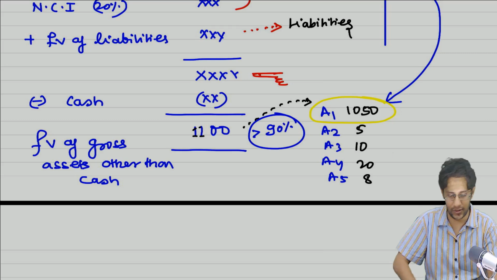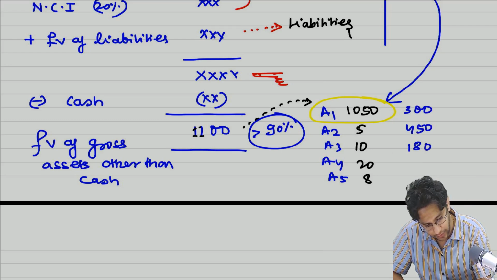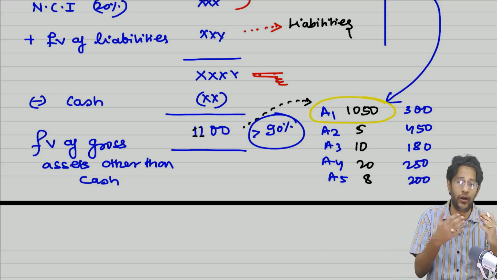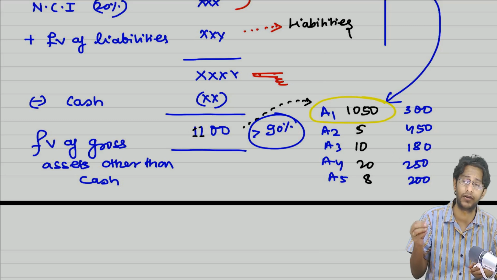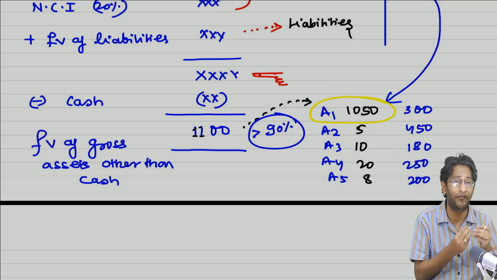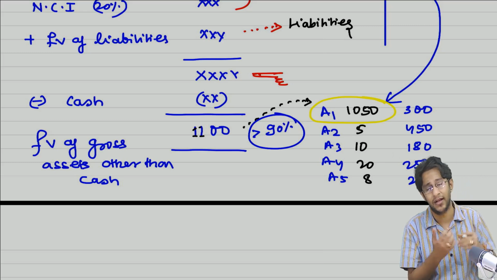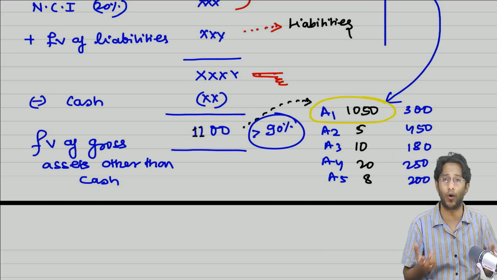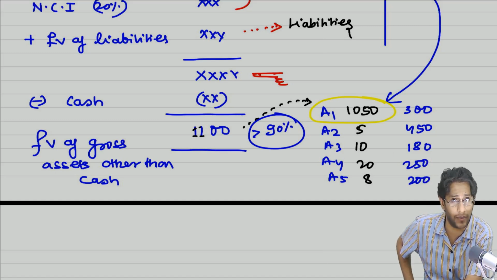Suppose instead of the numbers being like this, the numbers are like this: 300, 450, 180, 250, 200, something like this. If A1, A2, A3, A4, A5 are different kinds of assets, then I cannot say that 1100 rupees is concentrated into a single asset. They are spread across various assets, and therefore we have failed the concentration test. Now that I have failed the concentration test, there is a chance that I can be a business. Therefore, I have to apply step number 2 and see whether the processes are substantive processes or not. So this is how we evaluate whether what we have acquired is a business or not. I hope I am clear till now.